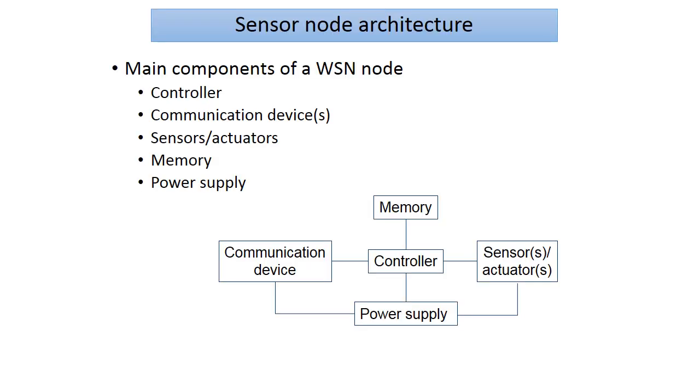The main components of a single sensor node typically are a microcontroller, then a communication device, that is a transceiver that can be based upon any standardized protocols or even a proprietary protocol. The controller may be a microprocessor, microcontroller, FPGA, or DSP. Then we require the memory and the power supply. Power supply can be in the form of a battery or a rechargeable battery, or it can be anything in the form of an energy harvesting technique. And then first we start the detailed discussion about the sensors.